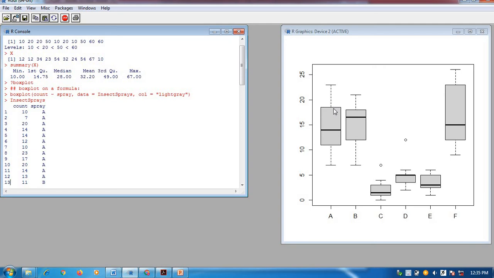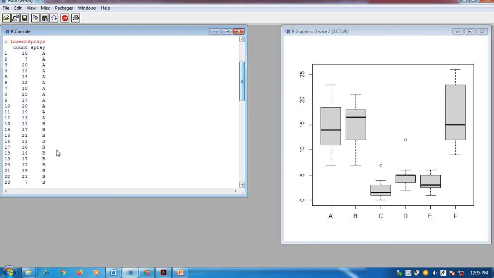In this way, for every type of spray, the box plot is printed according to the count values. Similarly, if you observe B, it again has a minimum value of 7, but the maximum value is 21, so it is a little bit lower.